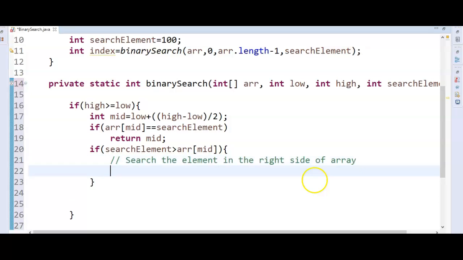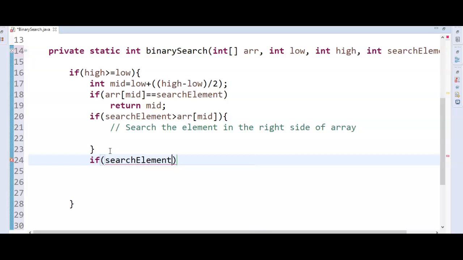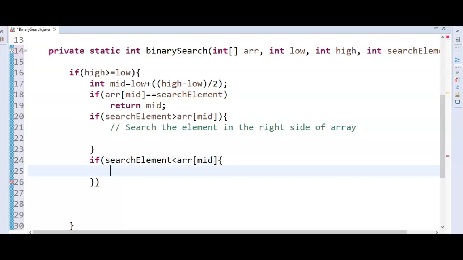Since we are doing recursion, this program will be very simple. And then if the search element is less than array of mid, search in the left side of the array.